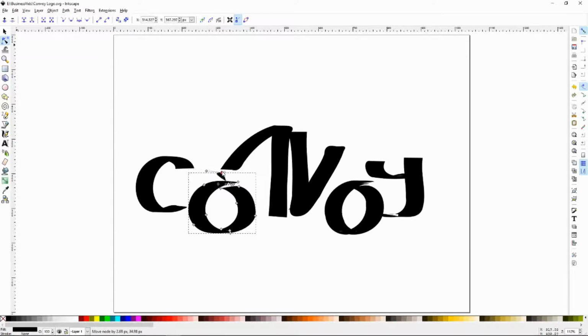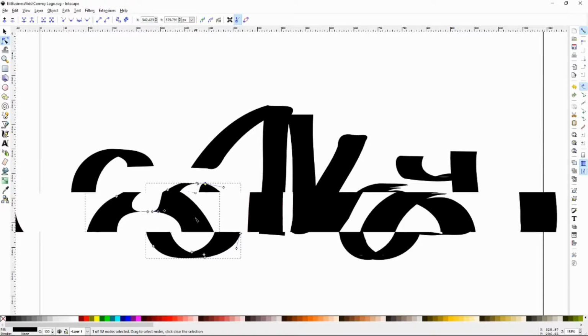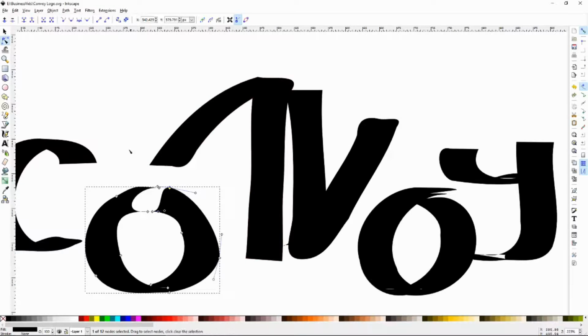Here, even though we've simplified it, there's still too many nodes. We're going to get rid of some of these, those 2. And I think really what we want to see is a nice circle here. So we're going to just press, yeah, on my computer, if I hit the equal sign, it zooms in a little bit. So we've got that node selected. We're going to hit, how did I do this? Oh, I remember. I deleted that, and I delete that one, and I take the one that's left, and I